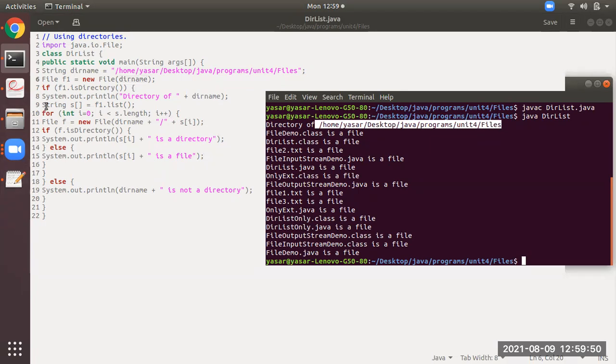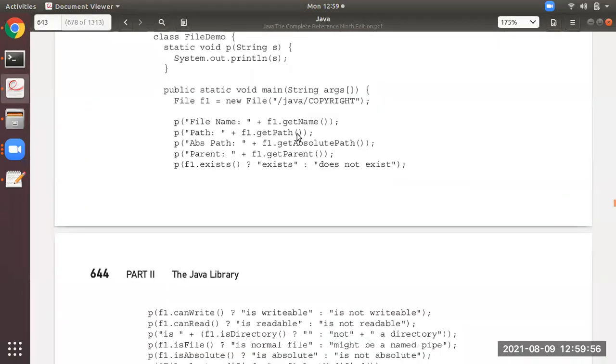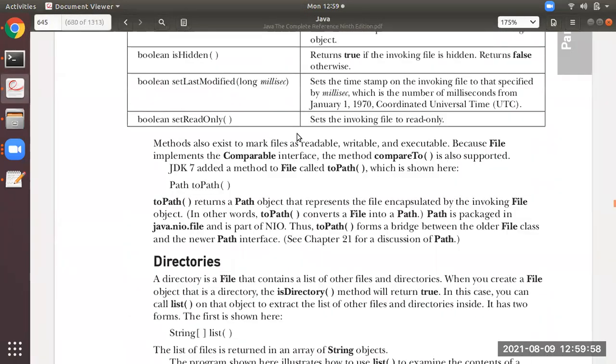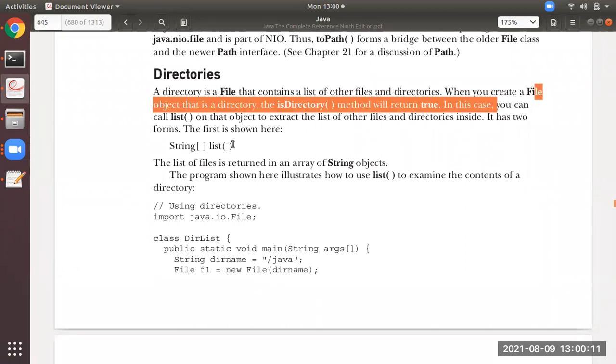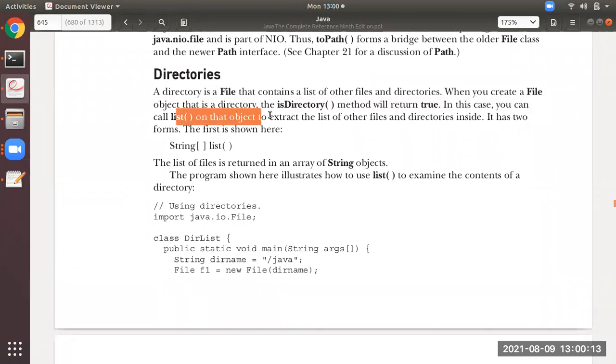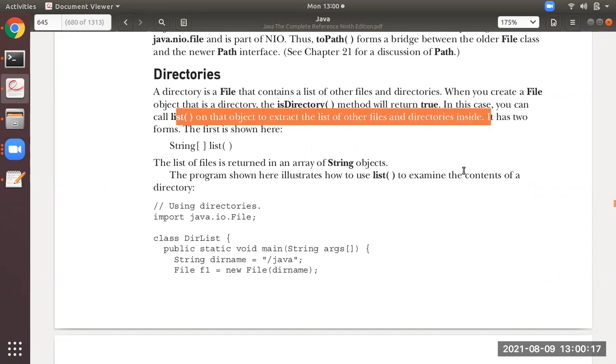And next, 9th line, what is it doing? F1.list. So remember, students, the File class has one method, list. What it will do is, you can call list on that object to extract the list of other files and directories inside.